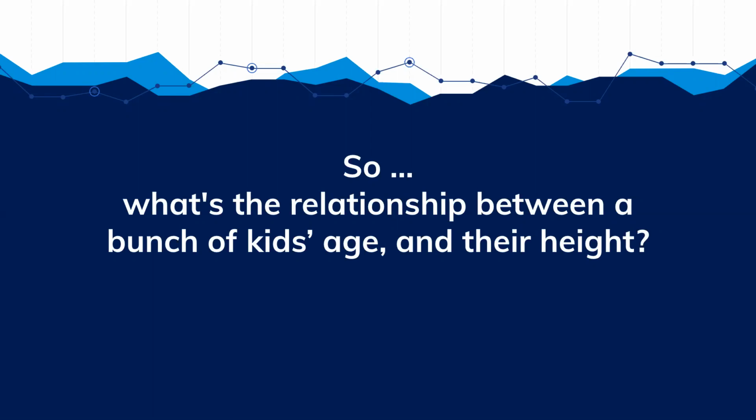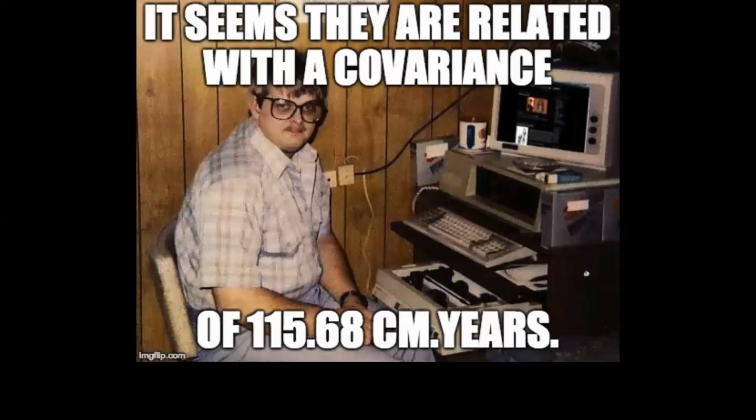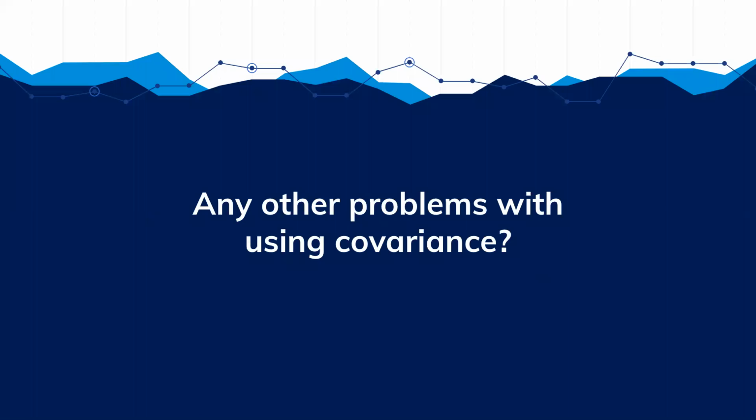And this is how lots of people used to do things, of thinking, okay, what is the relationship between the kids' heights and the kids' age? And then you can go to your boss and say, oh, it's 115 centimeter years. And that's as correct as it is completely useless, right? What the hell is a centimeter year? You don't have any intuition for that. So there are another bunch of problems with covariance and why in practice you should probably never use it,